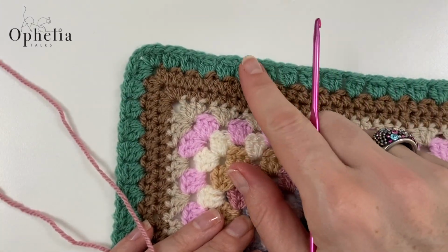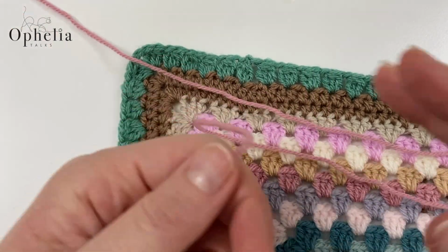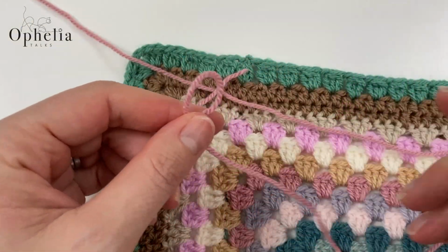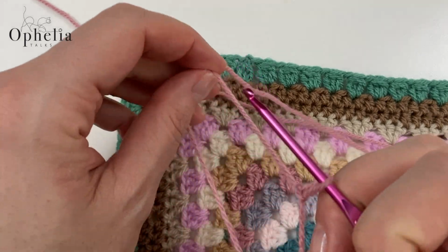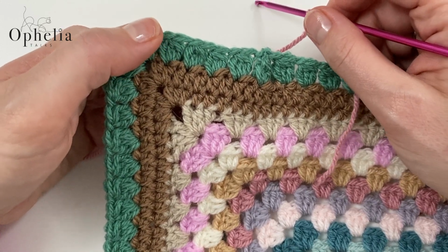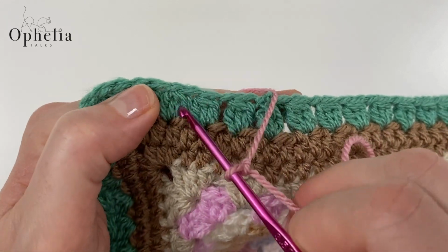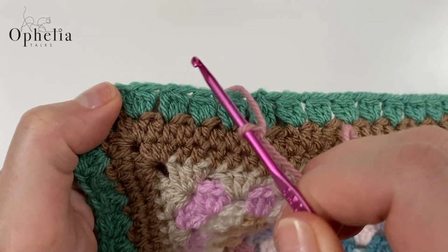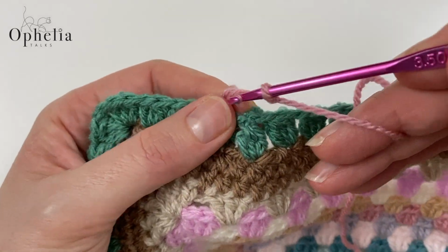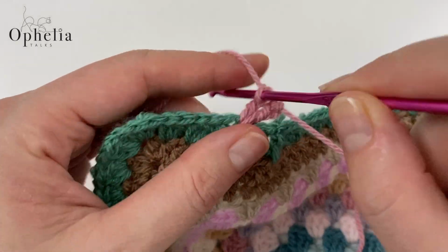So I tightened up this a little bit here, and you can hardly notice that we have skipped 2 stitches there. So now we are going to be doing the roses. I'm going to use, as usual, my slip knot, insert my hook, and we are going to be making popcorn stitches. So very simply, we are going to place them in between the little leaves that we have created in the sage row. So starting with a standing double crochet, we are going to do 5 double crochets